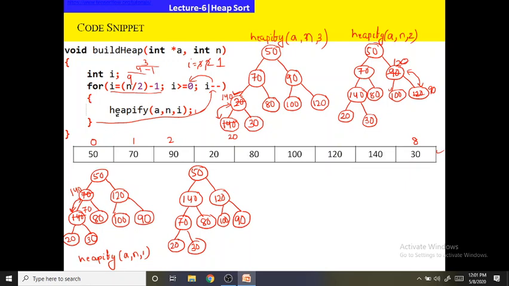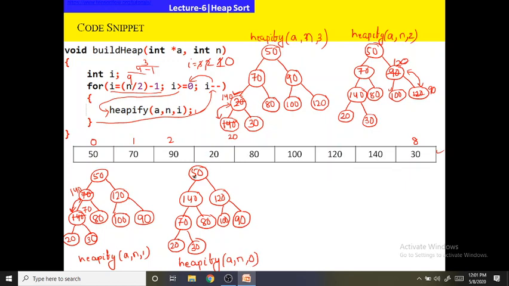Now after heapify, we have to decrement the value of i. So now i will become 0. 0 is greater than or equal to 0, true. True means we will get into the body. In the body we have heapify(a, n, i). i is 0, so here we will do heapify(a, n, 0).